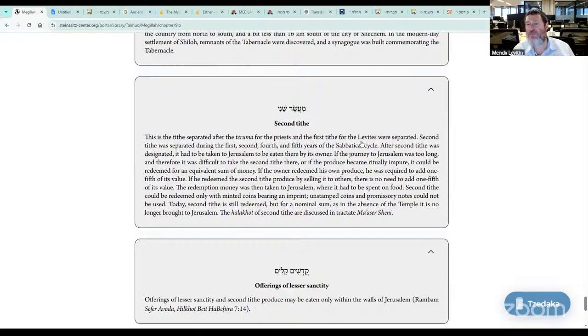Truma is what you give to the priests. You have to remember, in theory, the priests, we don't see it today. But back in the day, in the desert, how many priests were there? There were 4. There were only 4 places to wash your hands in the kior. That's a question how that worked, but in the beginning there was Aaron, Elazar, Itamar, and Pinchas. There was a place for 4 people to wash their hands.